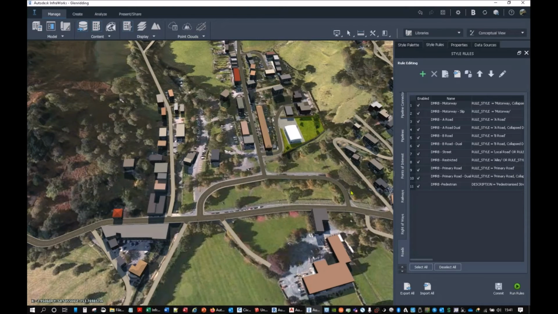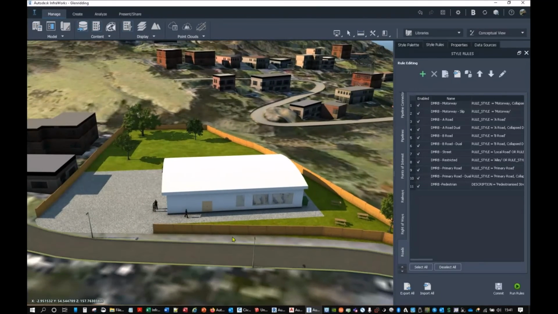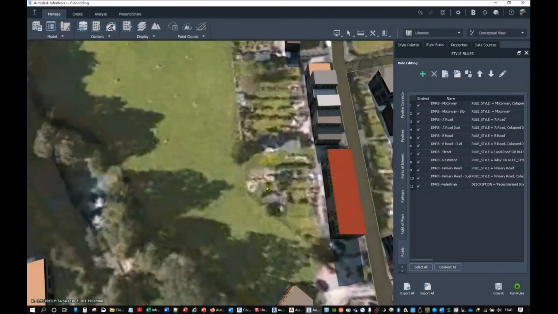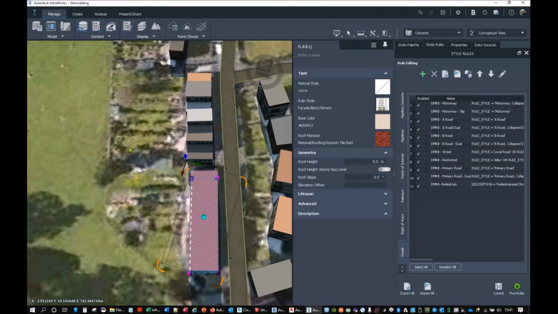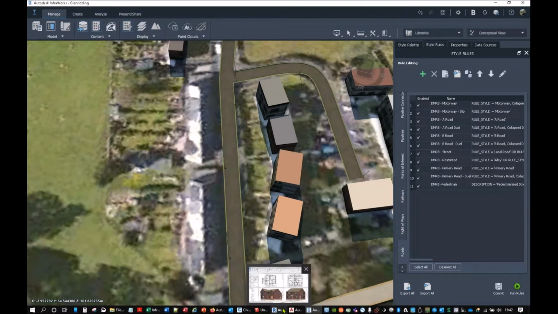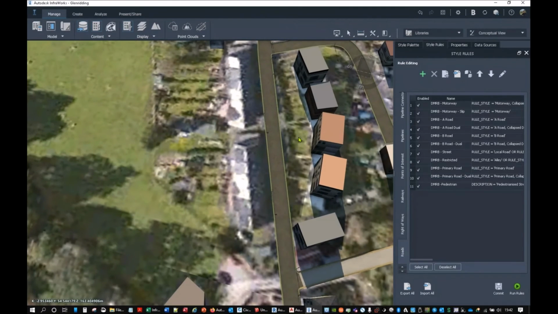Okay, so let's carry on and have a look at other things. We can actually create style rules, styles, style palettes or libraries of things like Revit models. So let's just find somewhere to stick a Revit model. Okay, I'm going to just delete these. We're going to build some new houses in here. Now I've got a Revit model here of a couple of buildings. They're just standard Revit files, RVT files, and you saw me drag and drop these in last time. I'm going to do it again, but this time